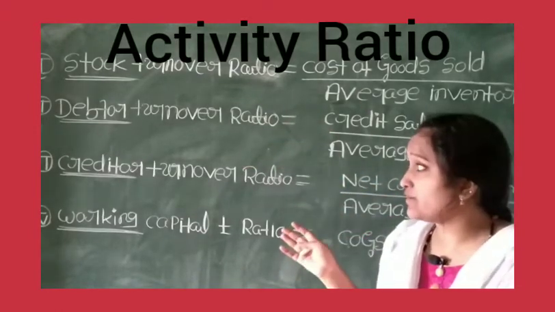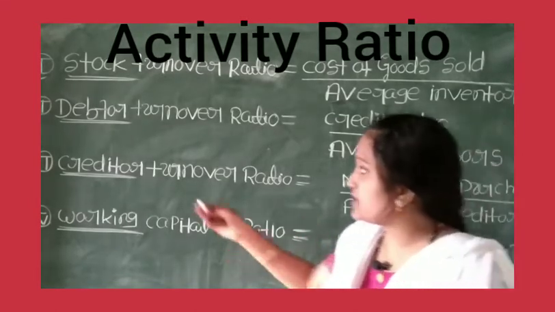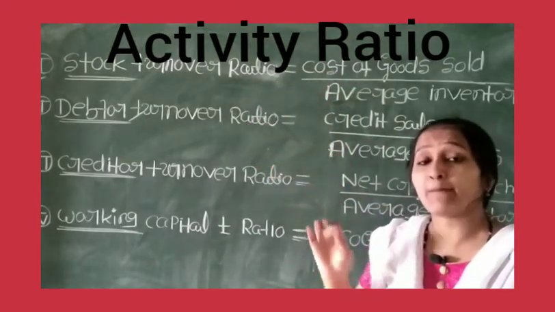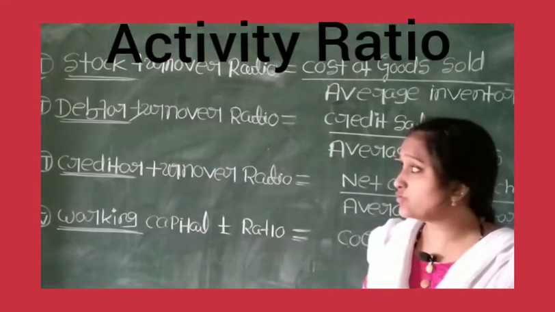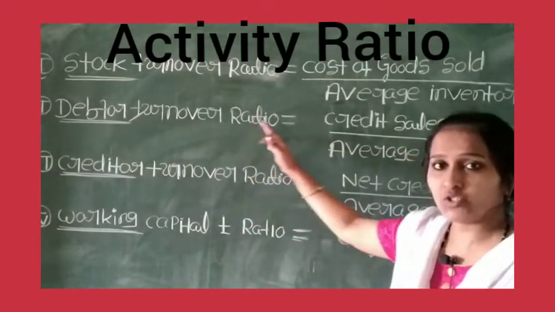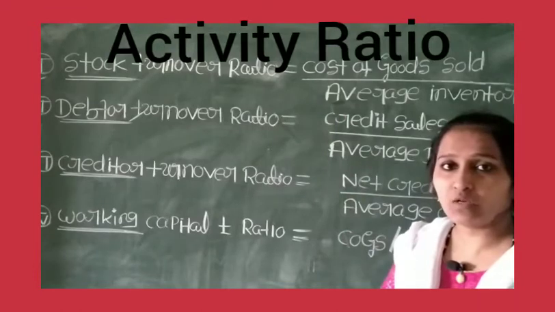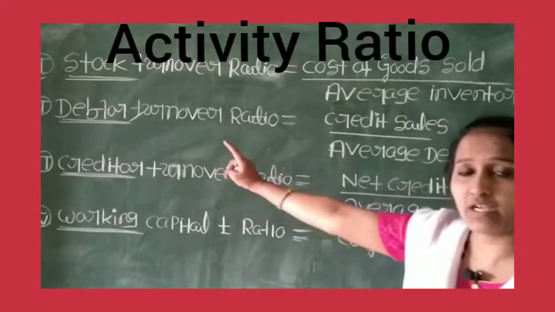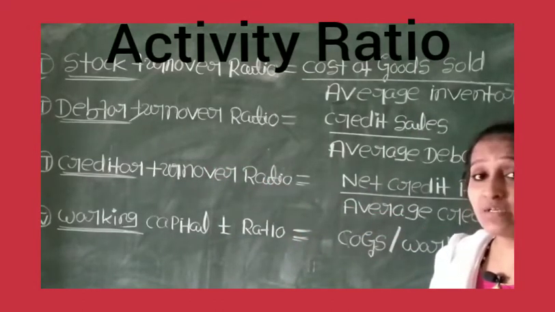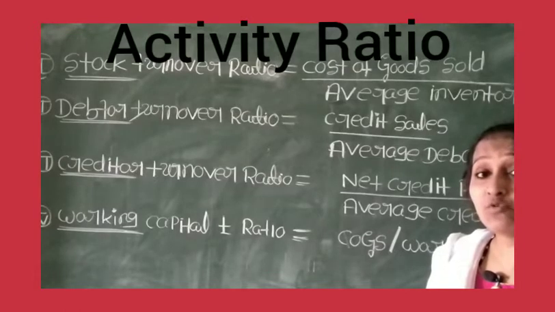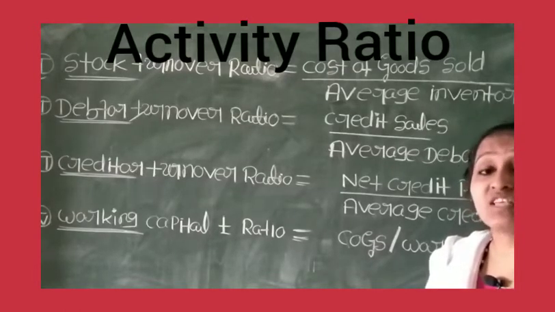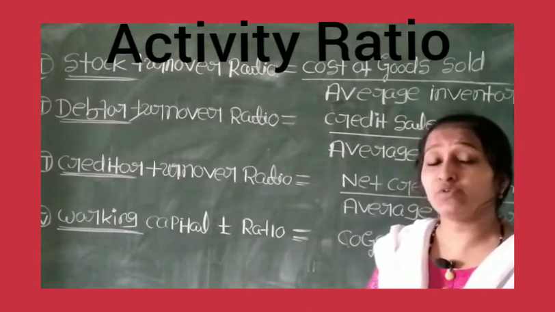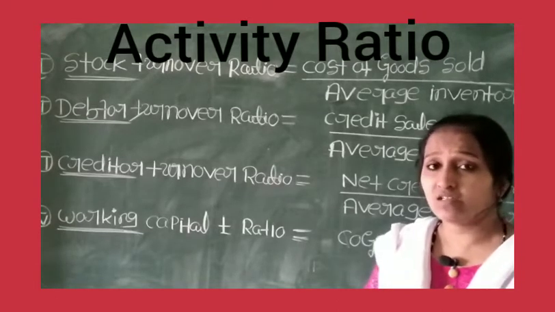After the stock turnover ratio, the debtor turnover ratio is very important. So what does the debtor turnover ratio tell? It is also a part of activity ratio. Before going to the debtor turnover ratio and its formula, you already know very well who is a debtor and who is a creditor. There is an interrelation between debtor and creditor. A debtor is a person who owes the money to the company. Exactly opposite to the debtor, a creditor is a person to whom the company is liable and has an obligation.